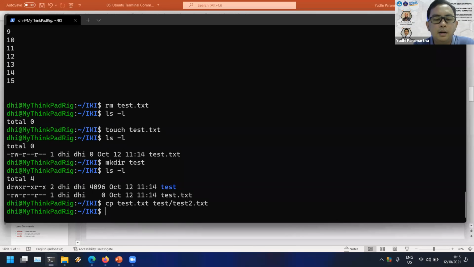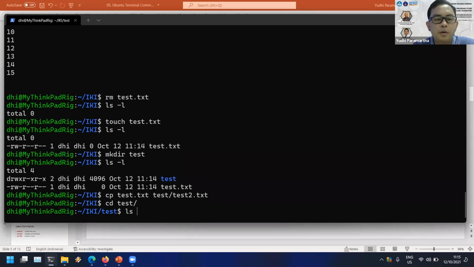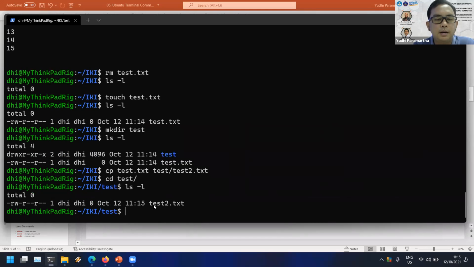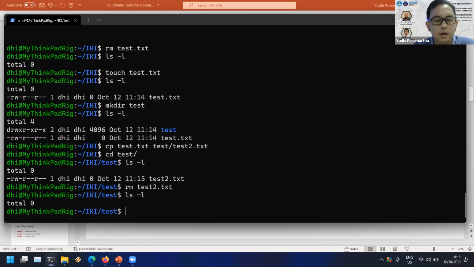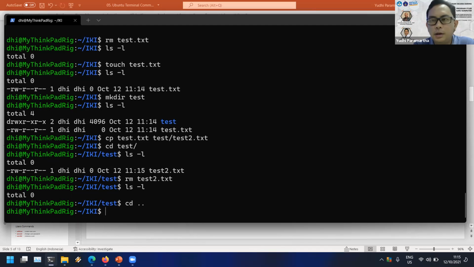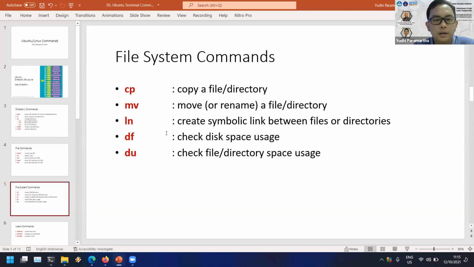Okay, when we go to the test directory, we will see a file called test.txt. Okay, something like that. We could remove this file. For example, I'm removing this file, and then it will be gone. I'm back to the IKI directory, and we will use the mv